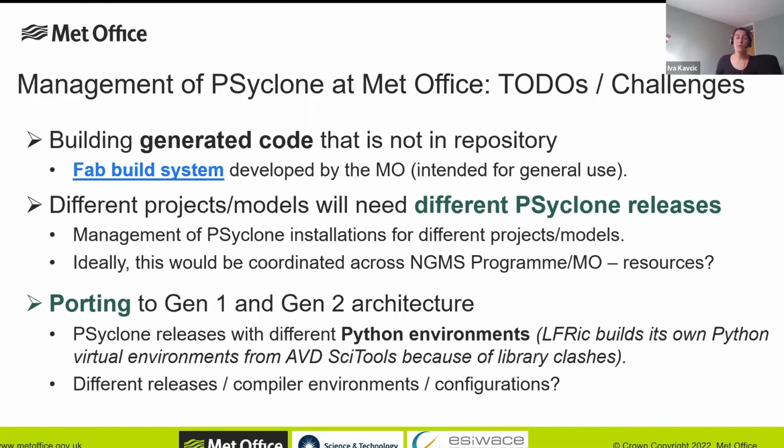Then, as we ramp up the use of PSyclone in the NEMO Ocean model and the adjoint and different implementations, we will likely need different projects with different PSyclone releases. So we need to think about that as well. Then we are in the middle of the porting to Gen 1 architecture. Gen 2 is going to be later. So it basically means that we need to think about how we manage the releases and software stack and so